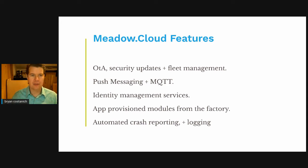That's where security updates get pushed through. If you're deploying out to hundreds of thousands of devices, fleet management, being able to send out updates to some of those devices and do rollbacks, etc. That's all handled through Meadow Cloud. And of course,